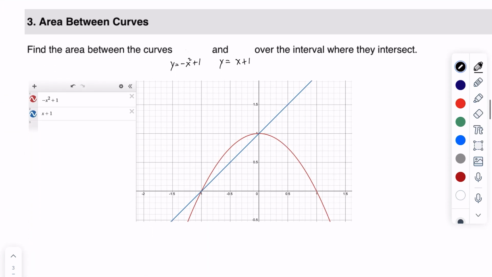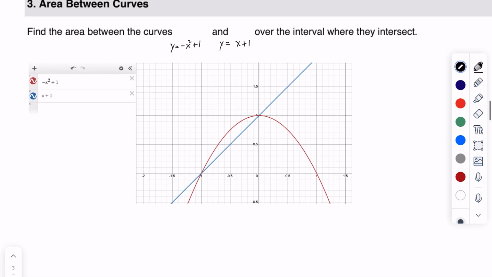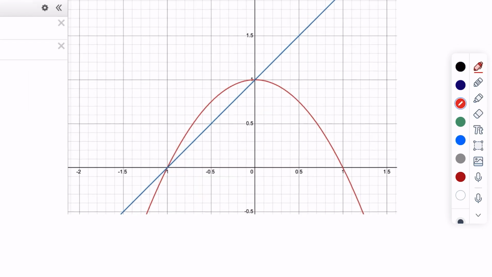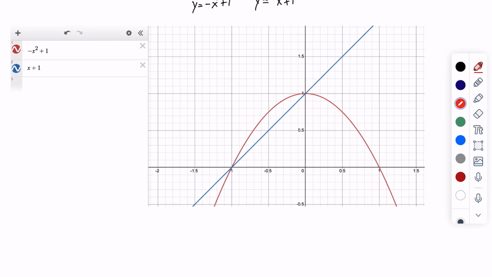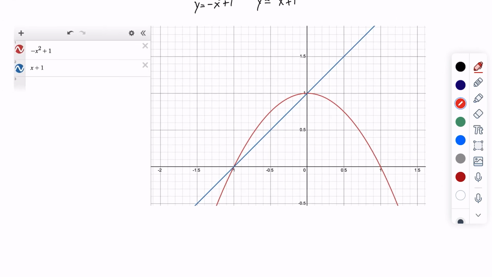All right, number 3 is going to be find the area between the two curves y equals minus x squared plus 1 and y equals x plus 1. So if we look at these functions, which I plotted again here, we have our top function, which is the parabola that is here, and we're going to take the integral